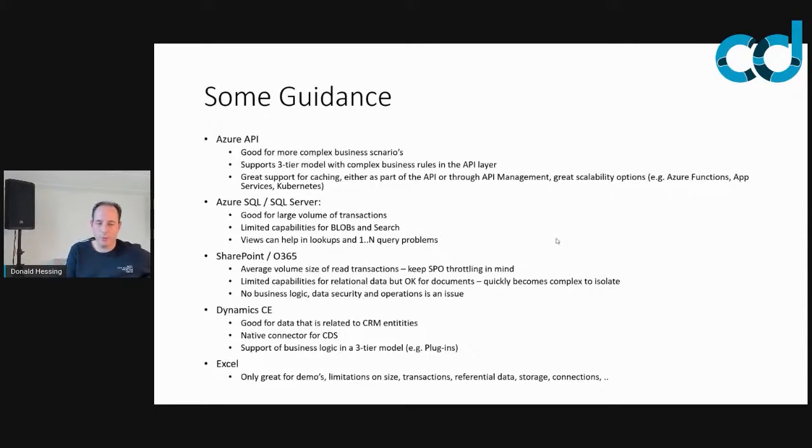That's typically a lookup to the second table. If you model that not correctly in Power Apps, then it could be that for every asset there is an additional query. That quickly can give performance challenges, and views here can help to abstract that logic.